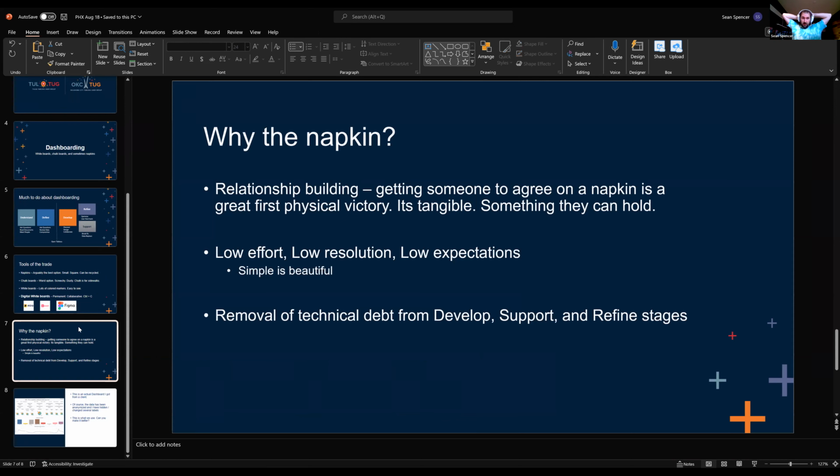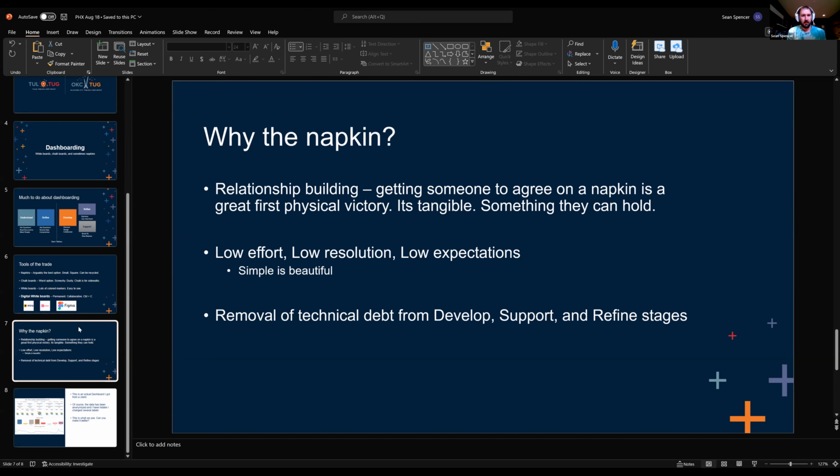But why the napkin, right? So like, why do I like using this term napkin? Why do I like this exercise or this activity to do with a client in that defined stage? And I realize at this point in my talk that that idea might still be a little bit ambiguous, but I promise you we're going to do one together and it's all going to make sense to you guys here in a little bit. But why do we do this napkin activity?